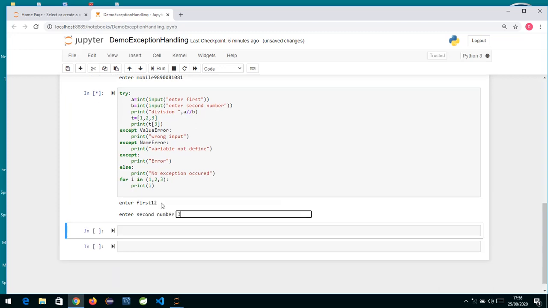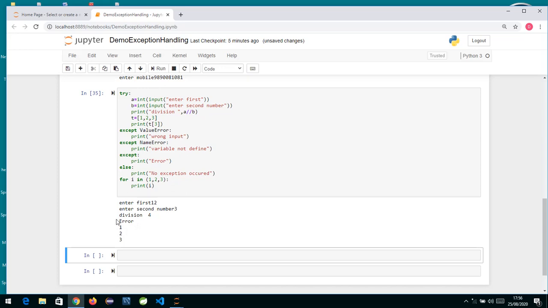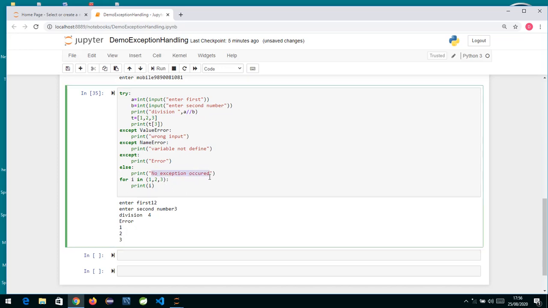Now actually we have written over here, so we are indexing over here, so it has not gone over here. Why? Because here I was giving a wrong index number. So now if I write 2 instead of 3, now we have 2 position, 2 index in this list. So now there will be no error.